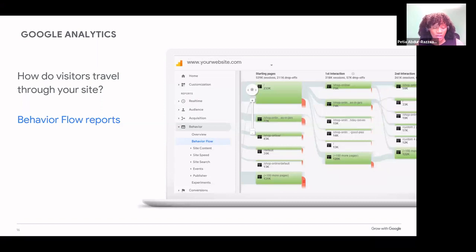So a few slides ago, I introduced Google Analytics to you. Here's another available report, the Behavior Flow Report. The Behavior Flow Report helps you visualize, by putting it in diagram form, the path that users take as they travel from one page to the next on your website. It helps you discover what content keeps users engaged with your site, and it also helps you identify content issues. Understanding the visitor path can help you organize your website in a way that supports your overall